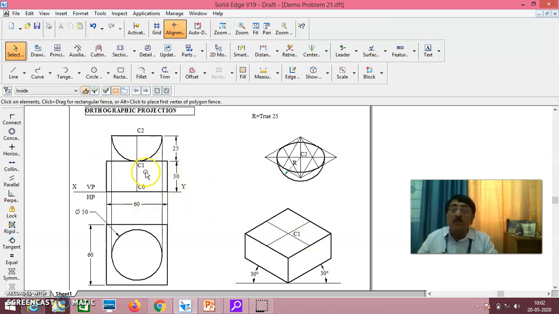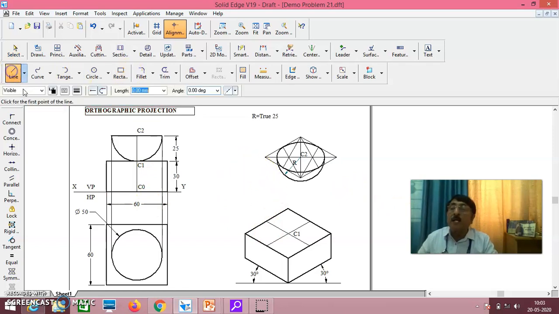Now, as you know, C0, C1, C2 is the combined axis. This combined axis is isometric, so that will reduce. But this diameter, which is part of the hemisphere, won't reduce, but the axis will reduce. That is why from C1 to C2, I'll go 25 ISO.